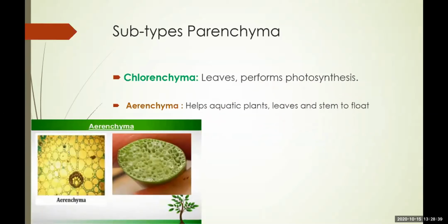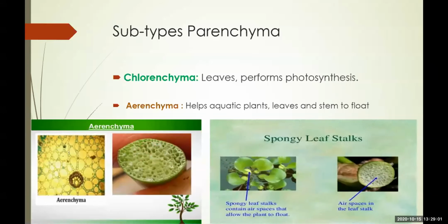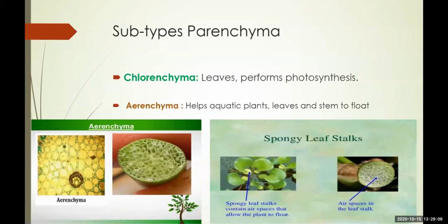Now see, this is the image of the aerenchyma. You can see this is the stem of the lotus plant. Okay, you can see it is very hollow. It is hollow because of the air spaces. So the cytoplasm in this cell is less, so that the air can be stored. Hence it is called aerenchyma. So this is the plant, water hyacinth or pistia or lotus. These are the aquatic plants. Hydrilla, these are the aquatic plants which show presence of the aerenchyma cells.